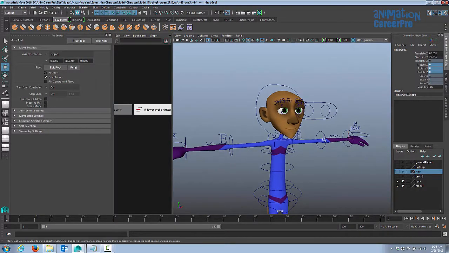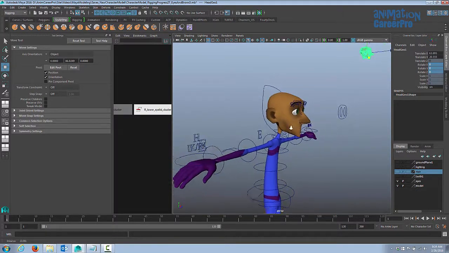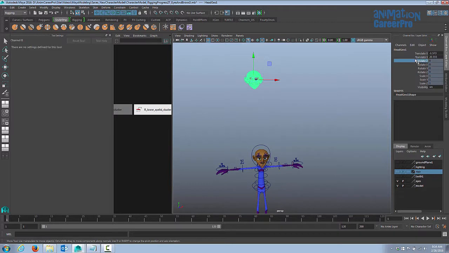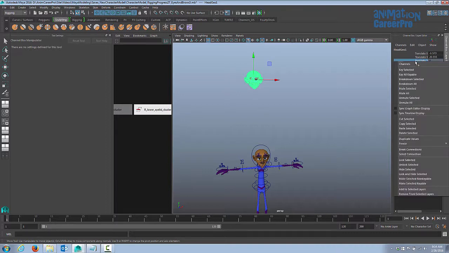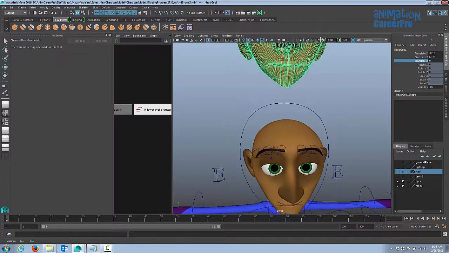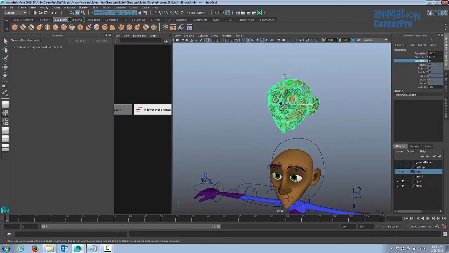So we already have his head separated from a previous class, so we'll just bring that over here. If it's locked, you can unlock it. Right now I have the translate Y and X unlocked here. You can see they're unlocked. But if you need to move it in Z, you can just right click and go unlock, just to unlock the translations. So I'll bring that down right above his head. You can bring it above or beside, it doesn't really matter. We're just going to work on this head for a little bit.